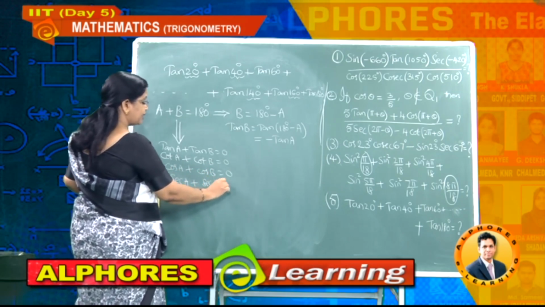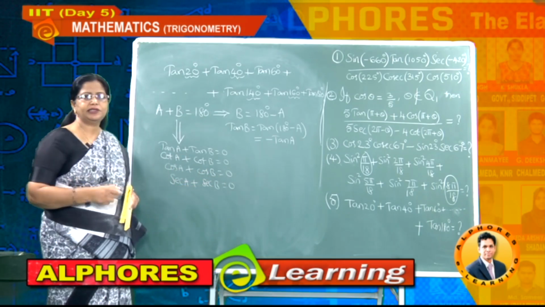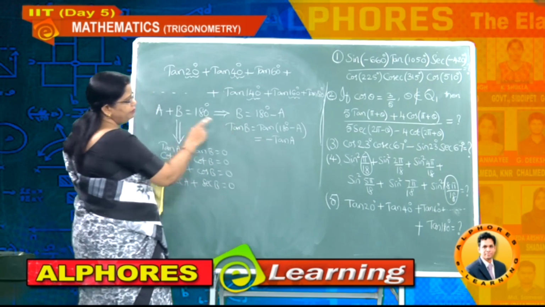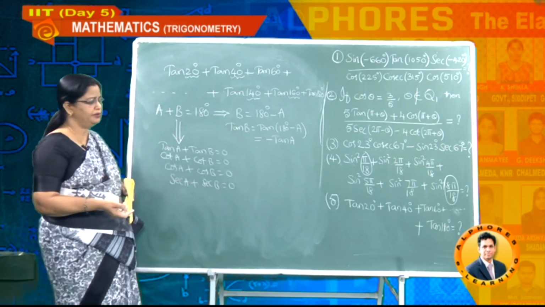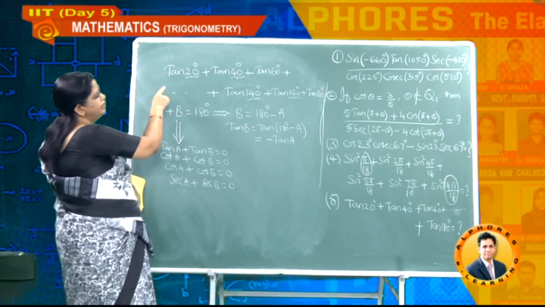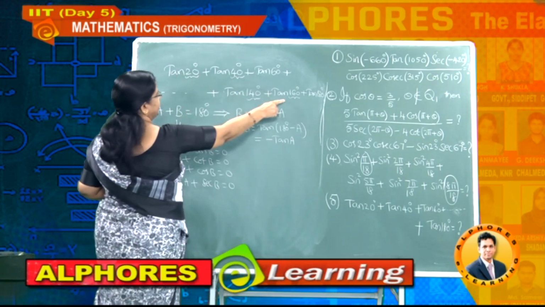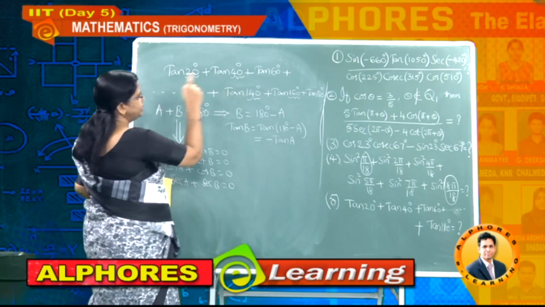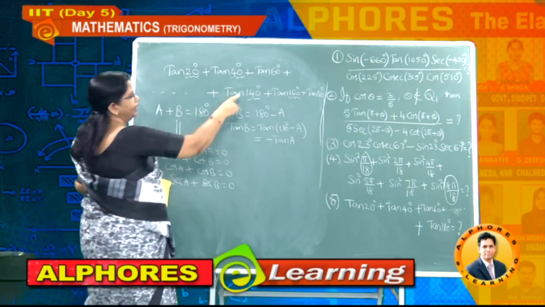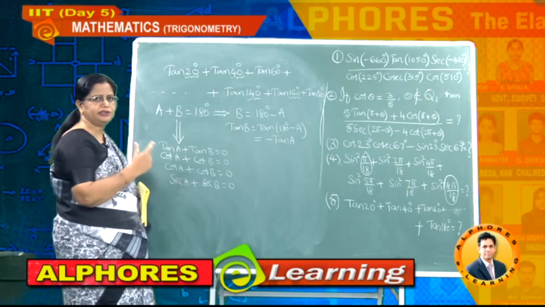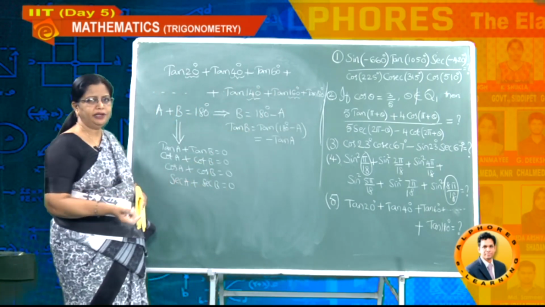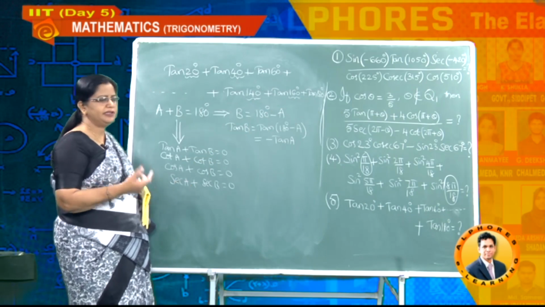But you can't say the same concept for sine as well as cosec, because that time you will get the same value, so there we cannot use it. Now if you observe this plus this, what is the value? 0. Again tan 40 plus tan 140 is 0. Tan 60 plus this one is also 0. The last value is 180 degrees, which is again 0.